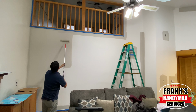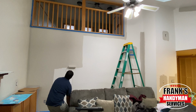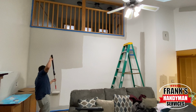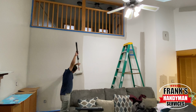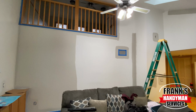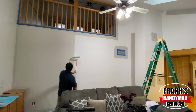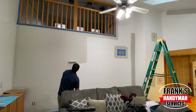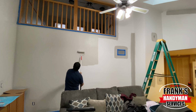You go up and then you come down diagonally, then you go up and then you come down diagonally. So then you're just overlapping the same area several times until you can see that you're getting a nice even coverage. You want to spread it out as evenly as possible and make sure that there are no lines visible or streaks or anything like that, because it's going to show through once the paint